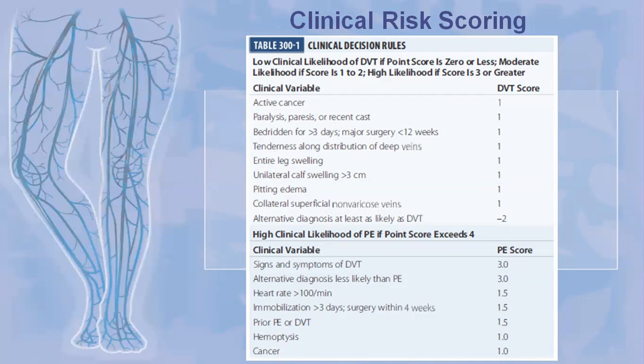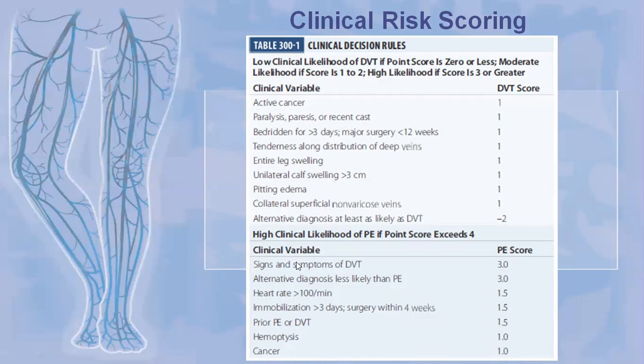So for DVT, here are the clinical variables: active cancer, paralysis or immobility, bedridden for more than 10 days or underwent a major surgery, and tenderness along the distribution of deep veins. So these are the clinical variables. So high clinical likelihood of